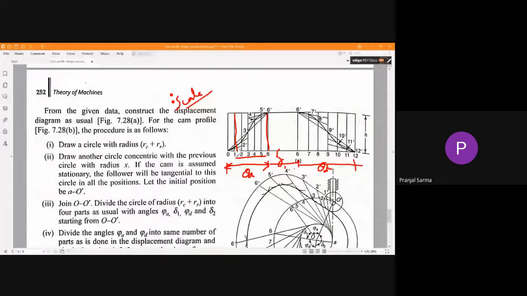Displacement of that particular follower in that particular case. Okay, so similarly, theta d will also be divided into